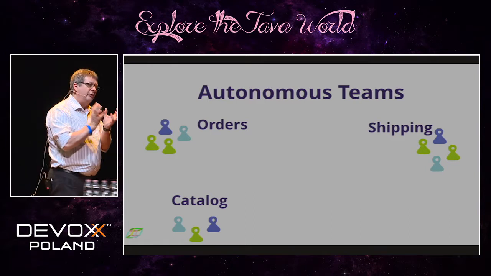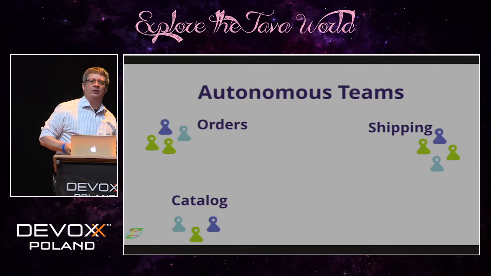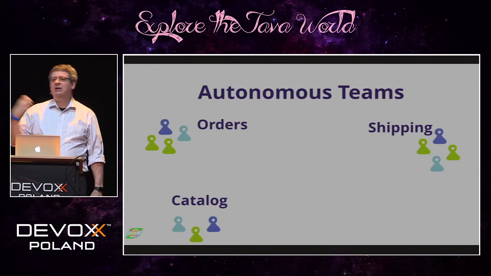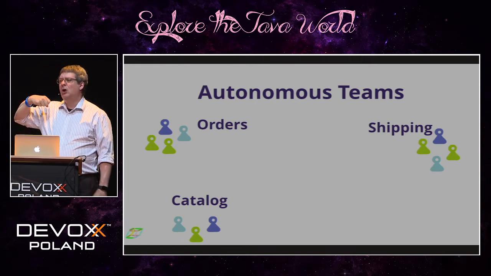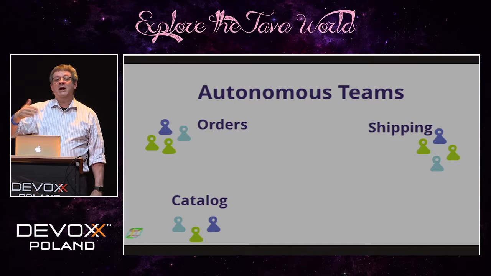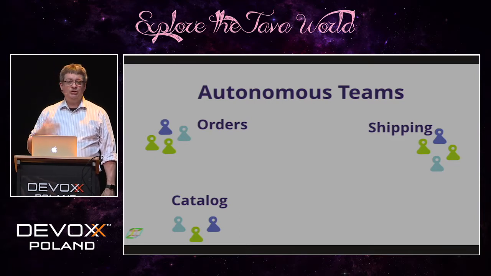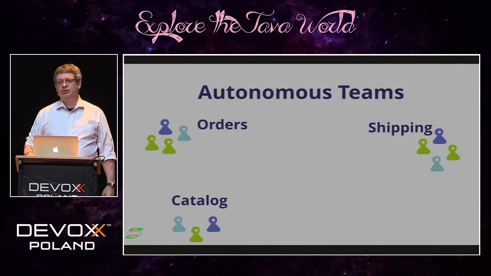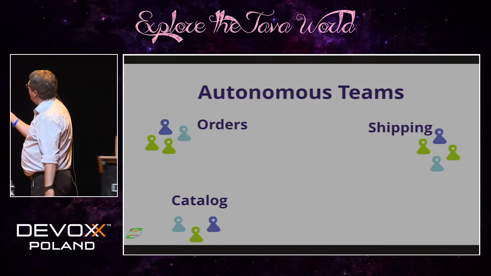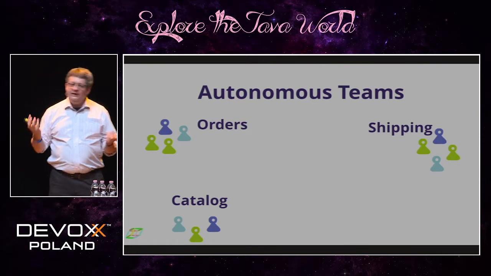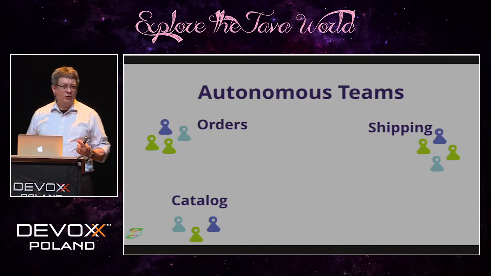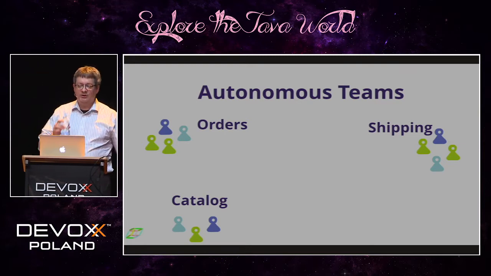Part of the goal here is that every time in your organization right now, you need to do something that you rely on somebody else for. You need a schema change, or you need a database instance, or you need a new server somewhere, or need permissions on a server, or anything like that that you have to wait for somebody for, or the worst case, issue a ticket to someone for. That's what we're trying to kill by this team organization business, because the idea is this catalog team is completely self-sufficient and everything they need is available, so you never wait for a day or a week or a month on some resource someone else owns, because every resource you need is represented on this domain team.